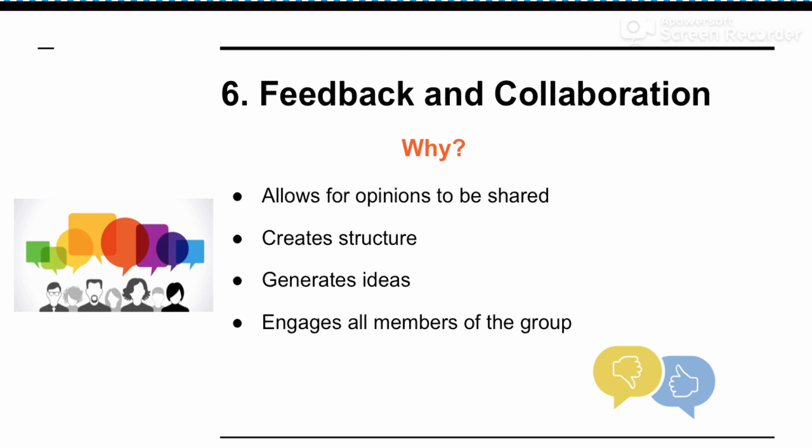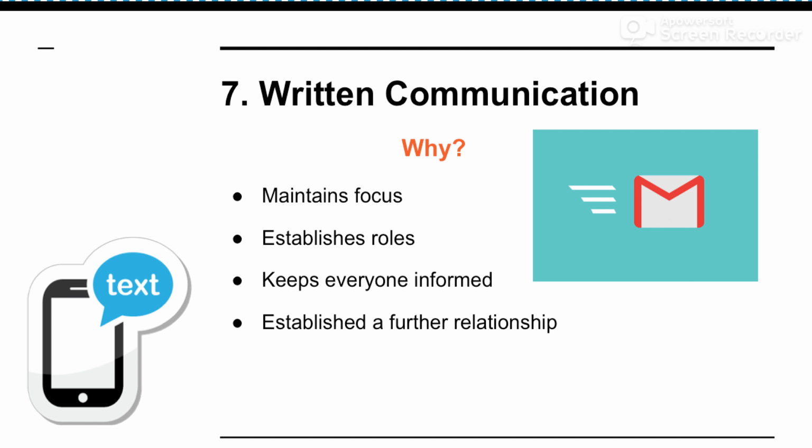So what feedback and collaboration can do for the group is that it engages everybody in the group. An example of this would be like you're in a group setting with 5 people. 3 of those 5 people are open-minded with each other, communicating, generating all these great ideas, and really giving each other feedback on those ideas. Now, the other 2 people are silent and they may have an idea that they want to share, but they don't really feel comfortable doing so. Feedback and collaboration allows you to engage those members, ask them what they think, and give them your feedback and really collaborate with everybody in the group so everybody is involved.